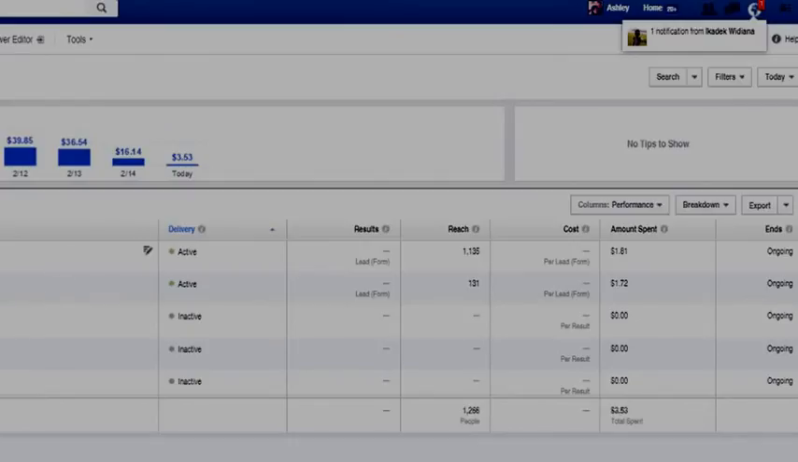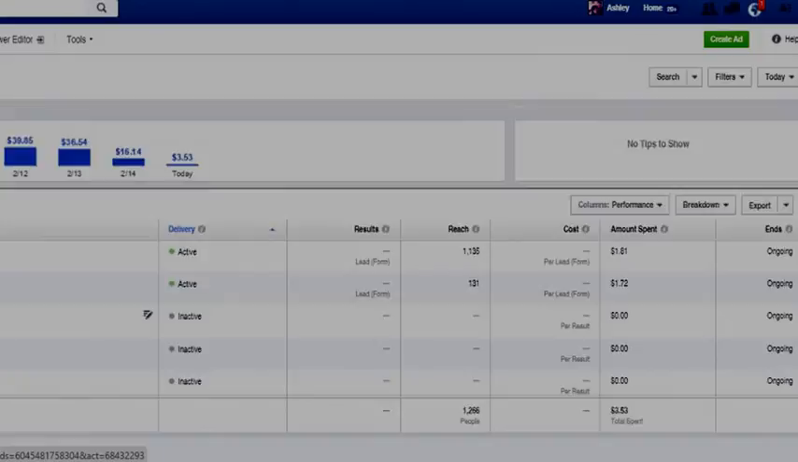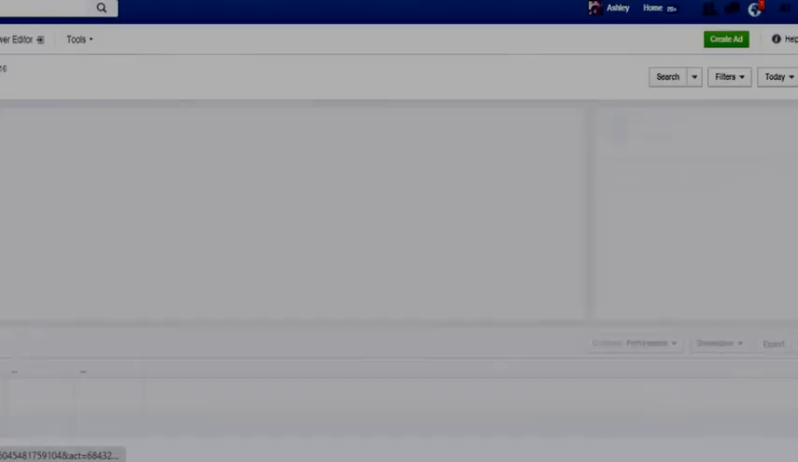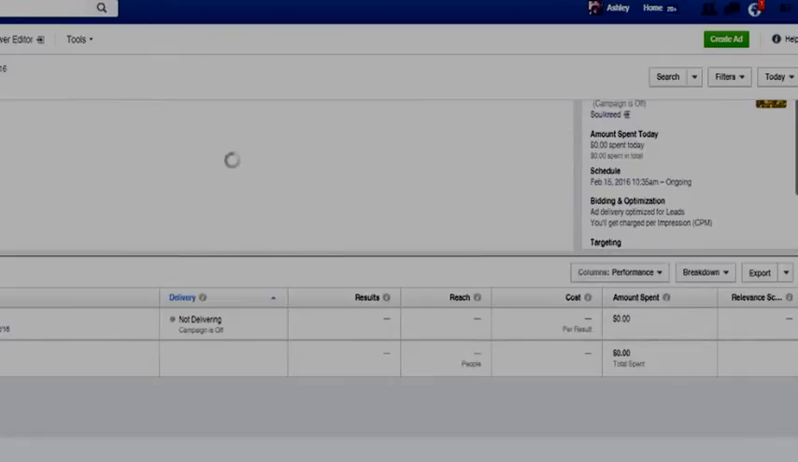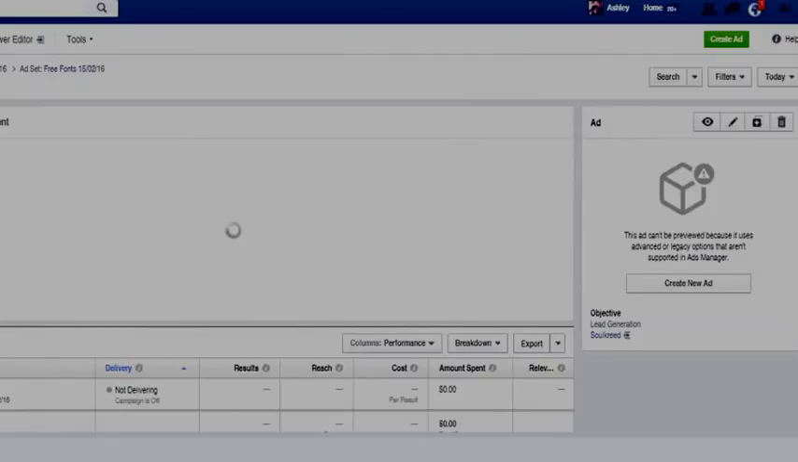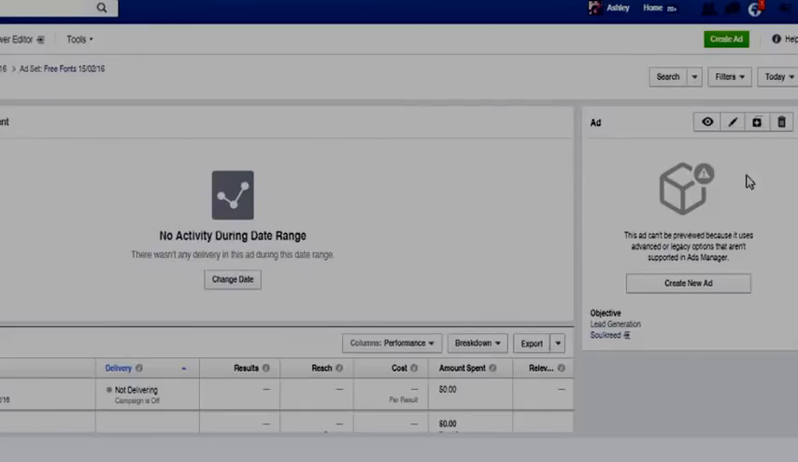Okay, so here it is, the free fonts campaign with the date, and you'll see that it's inactive. So what we want to do is click on that, which will take us to the campaign. Then you want to click on it again, which will take us to the ad set. And then you want to click on it again, which will take us to the actual ad. And nothing is actually showing yet because we've still got to do a few things. So what you want to do is come over here to the right, and there's a little eye here which is a preview button. You want to click on that,